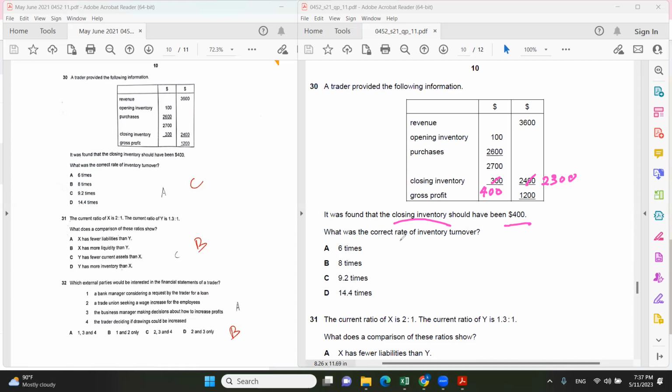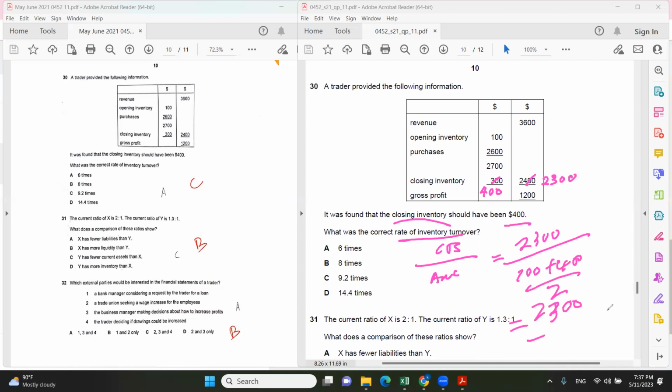So the formula for rate of inventory turnover is the cost of sales divided by the average inventory. So my cost of sales becomes 2300. My average inventory is 100 plus 400 divided by 2. So I get 2300 divided by 500 divided by 2, which is 250. 2300 divided by 250, I get 9.2. The answer should be C. Okay, next is